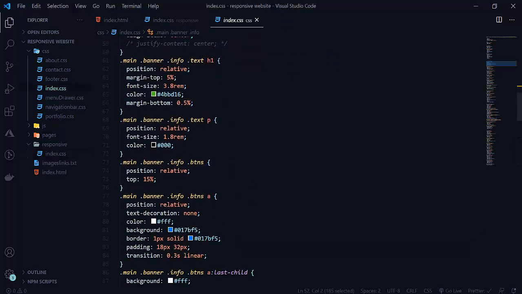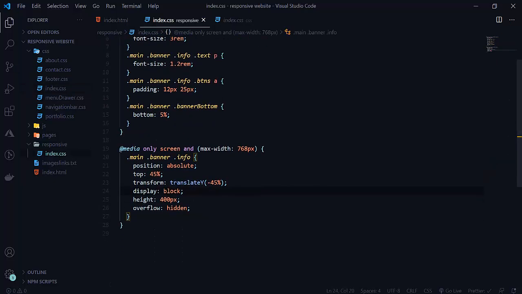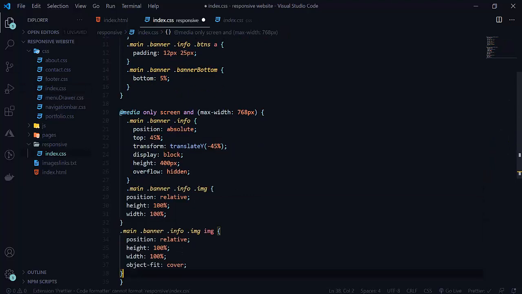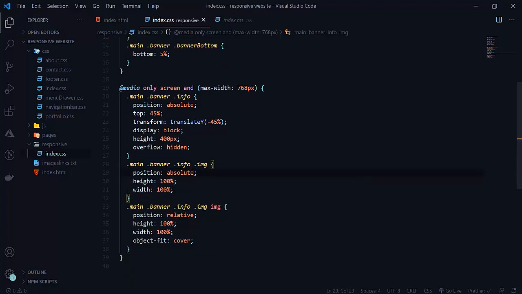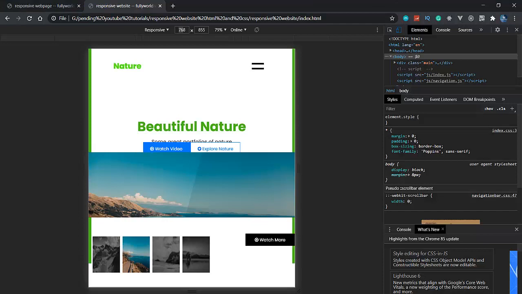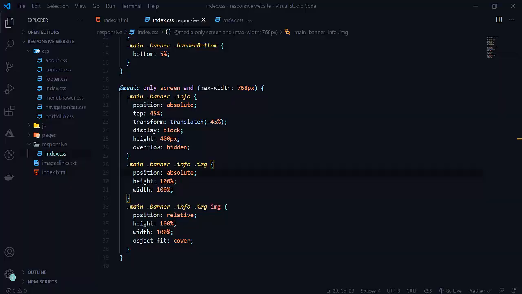So let's change our image now. So now we will move to our image. So here is our image here. So I will copy this all. So we will make our image at the back side here. So I'm going to paste this. So here its position will be absolute, because we want this at the background, that's why its position will be absolute here. So when I reload this, now see that its position is absolute.